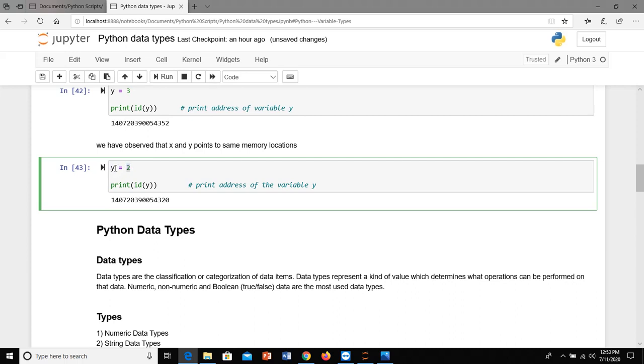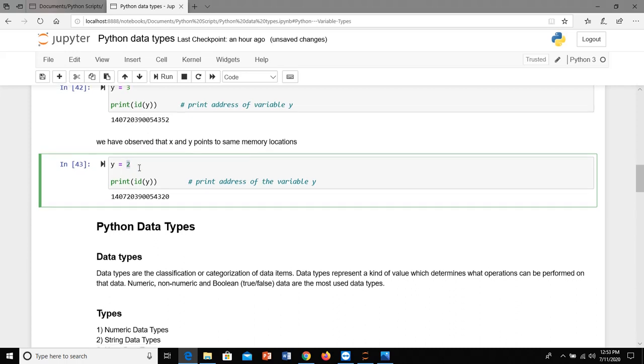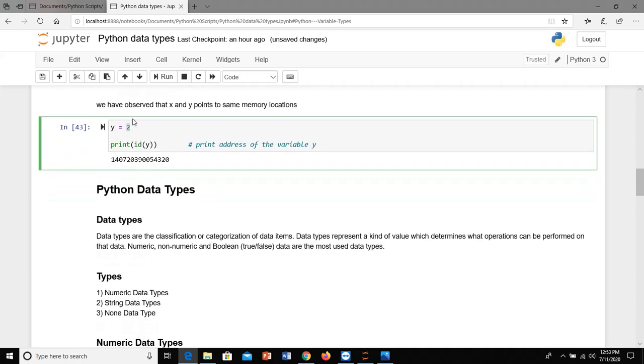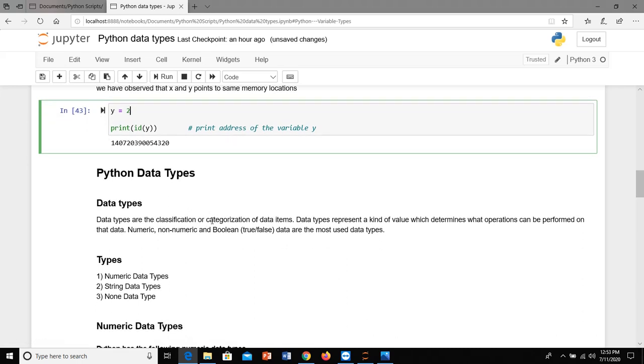So we no need to initially declare int y. If you have learnt C or Java, in C we have to declare int space y, then only it will take y as an integer. Now in Python it is not the case. So it is simpler. Simply we can assign y is equal to 2. Then it will automatically classify or categorize. So 2 is an integer. So the type of y variable is